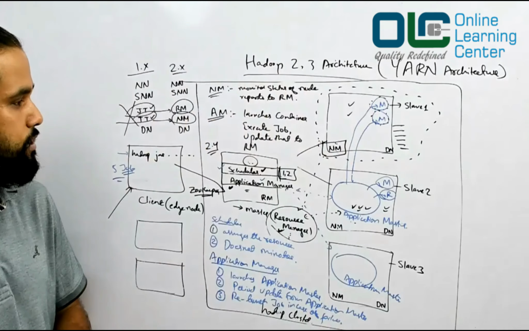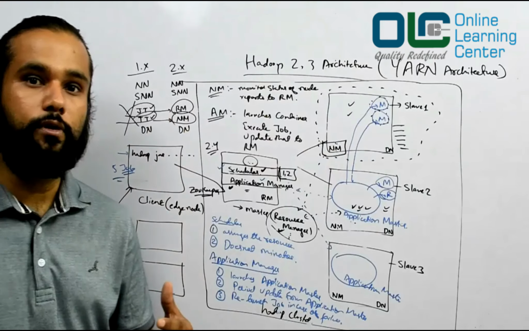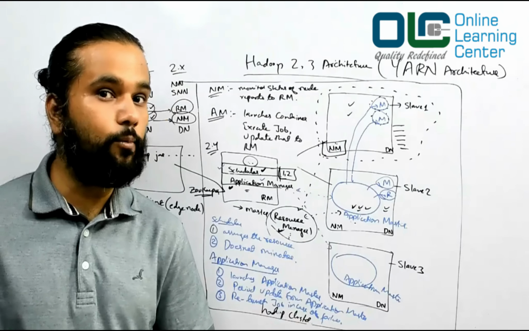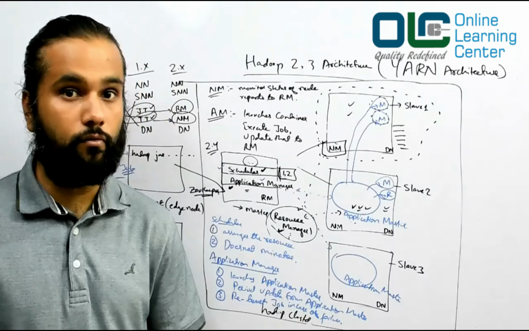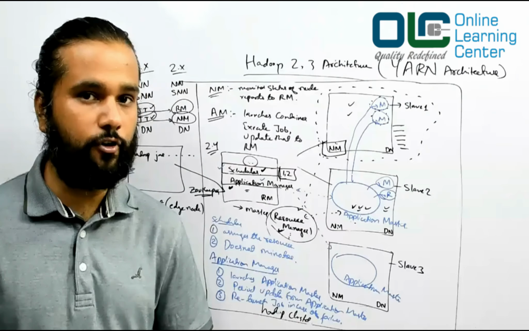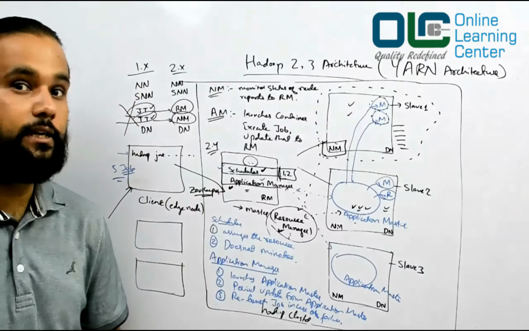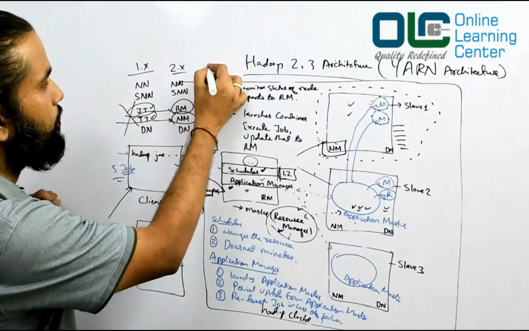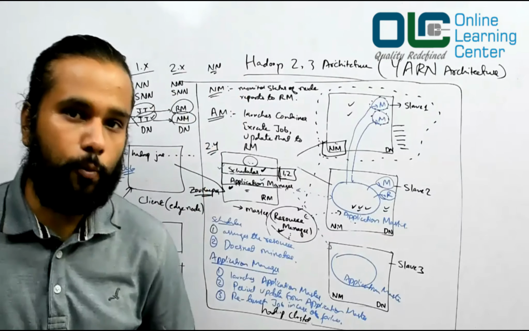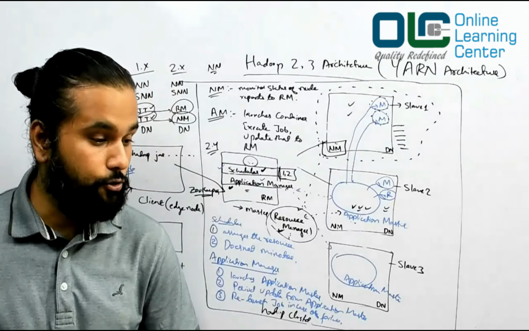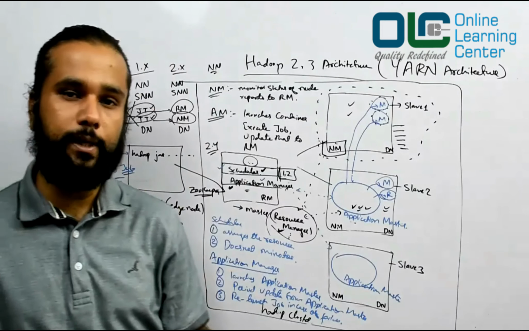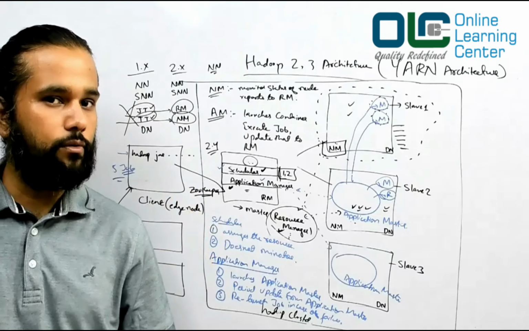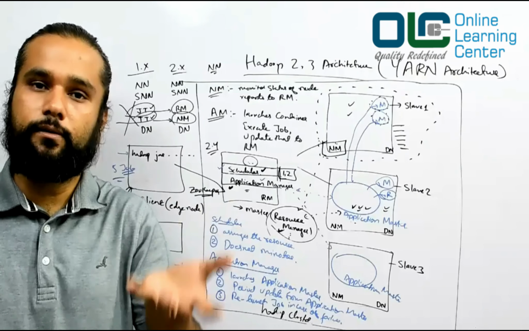Now the next question would be, what happened to the name node? Because we knew that in Hadoop 1.x the name node is a single point of failure. What has Hadoop 2 done for this? Is there any improvement in the name node with respect to Hadoop 2.x? Yes. In Hadoop 2 you can have multiple name nodes. One can be active, the other one could be inactive. And if at all one name node goes down, the other name node can take over.